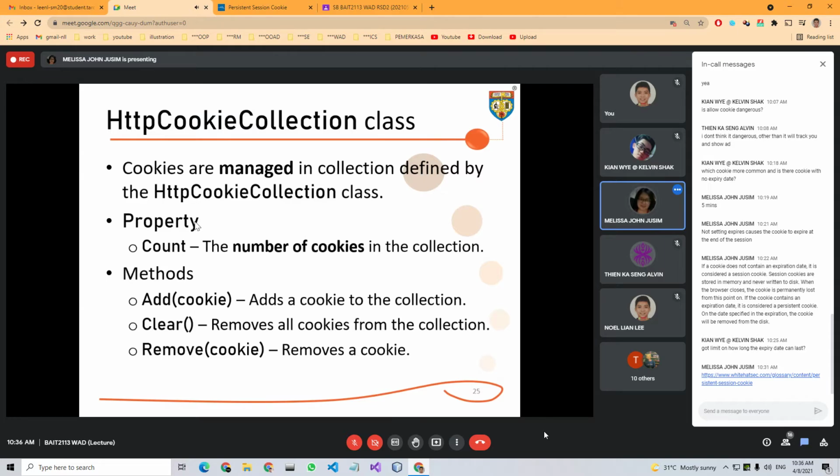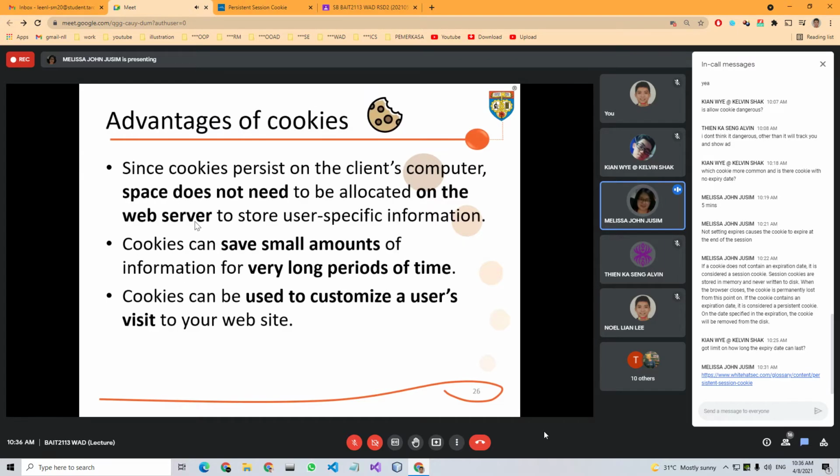Now, what are the advantages of cookies? First of all, it is stored on the client's computer. So for the web server, space is not needed to store the user-specific information. Therefore, in terms of performance on the web server part, there should be no problem.